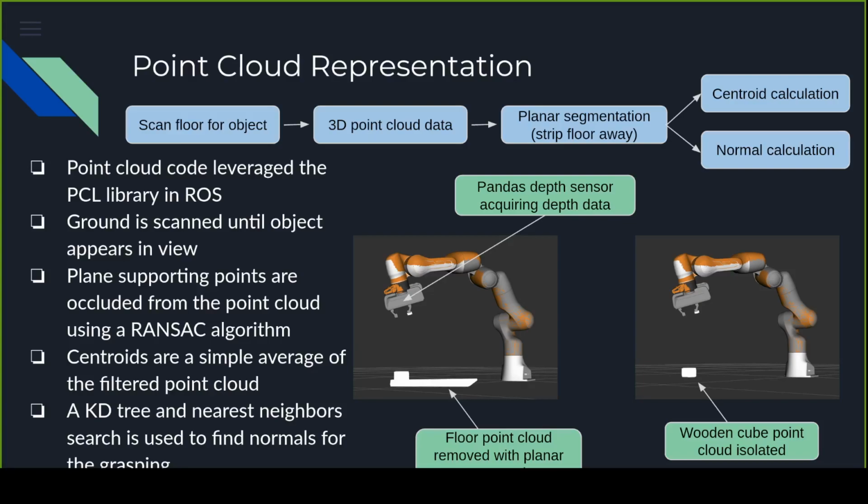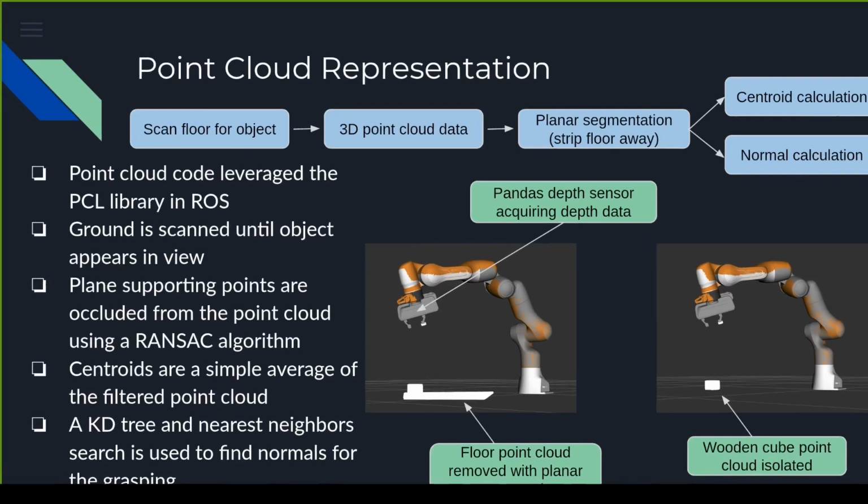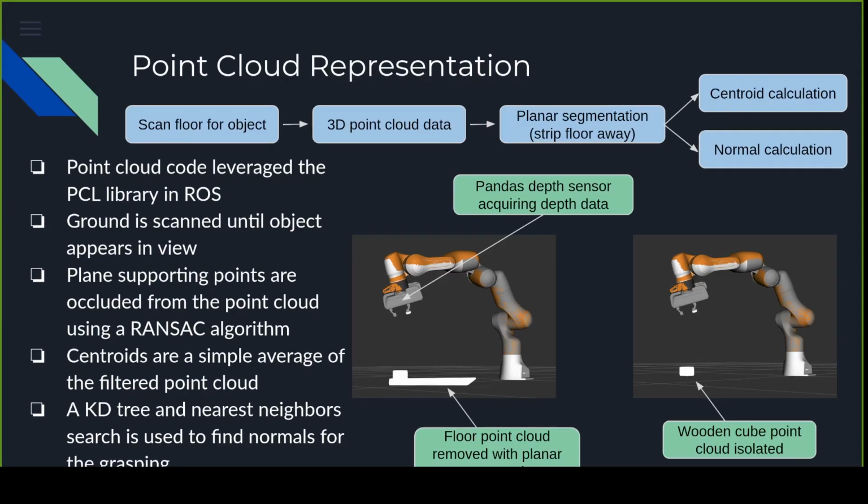This is a RANSAC algorithm that determines which points support a plane and removes them from the results. The centroids themselves are just a simple average of the filtered point cloud, and then a KD-tree and a nearest neighbor search is performed in order to select a point on the surface of the object